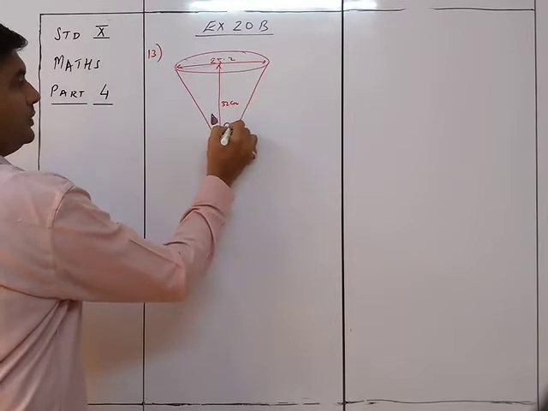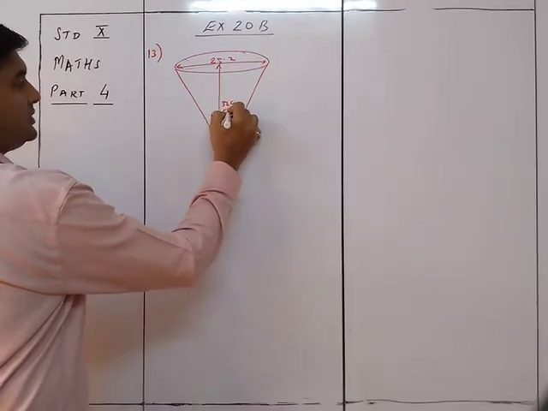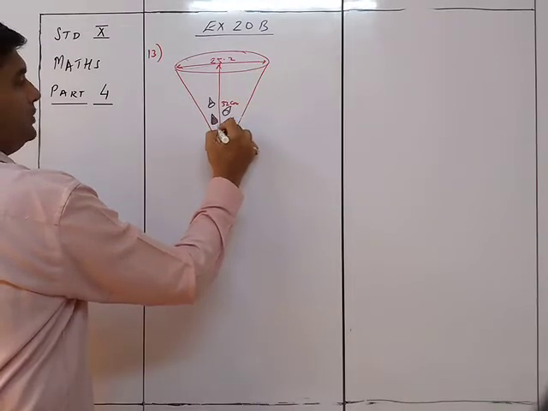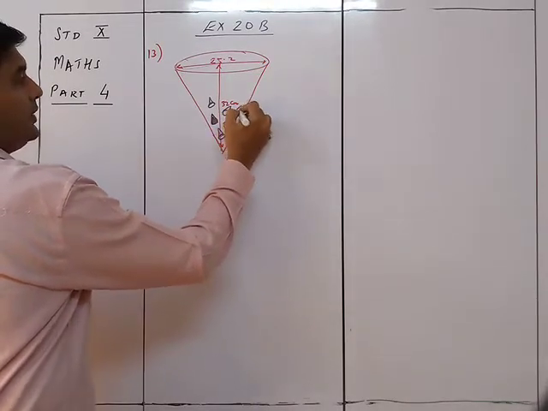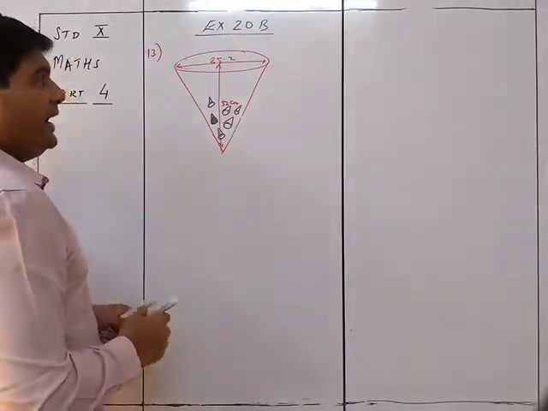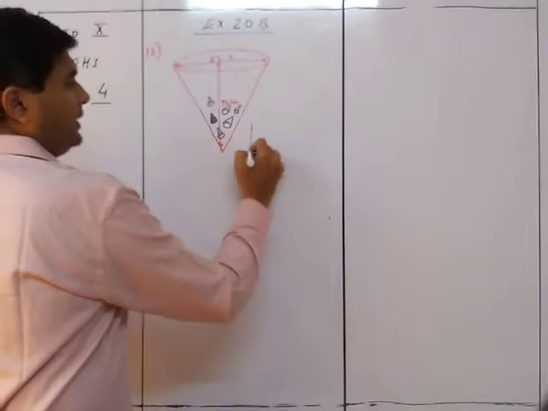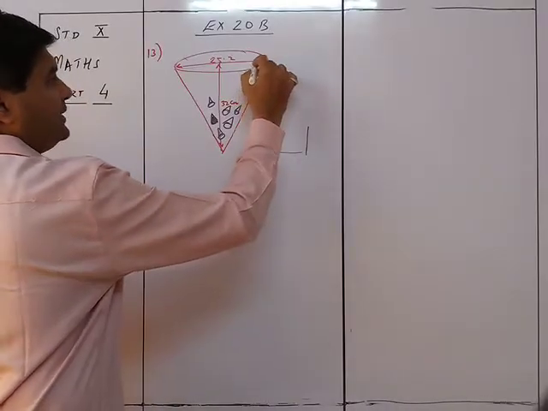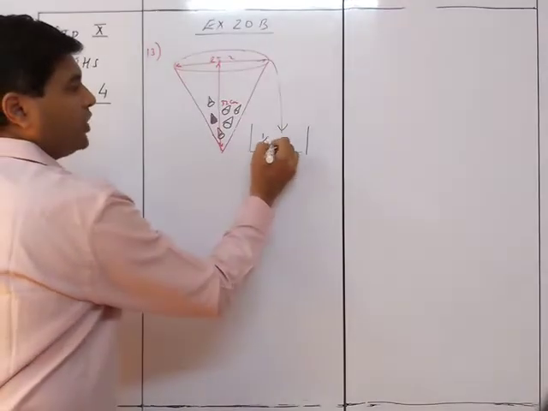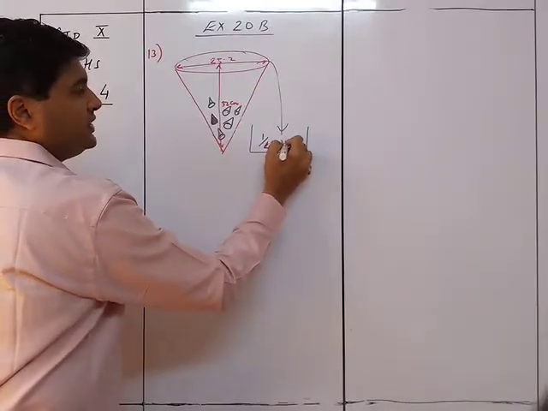Okay, one cone. This is second cone. This is third cone. This is fourth cone, fifth cone, and sixth cone. So we place 6 solid cones of the same size, and when you did so, it so happened that the water which overflowed over here was 1/4 of the original volume.